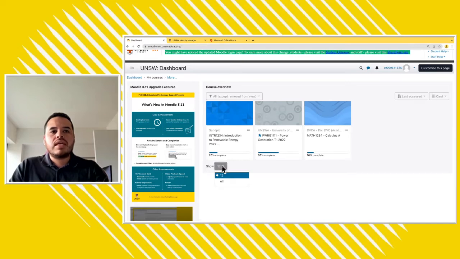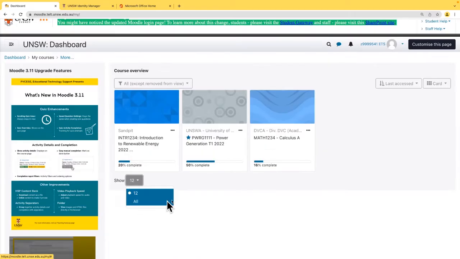So you may want to see everything in one go. You can do that by clicking on the show dropdown here on the bottom left and clicking on all. Perfect. I'll keep mine as card, but take note you can always change this as well at any time.